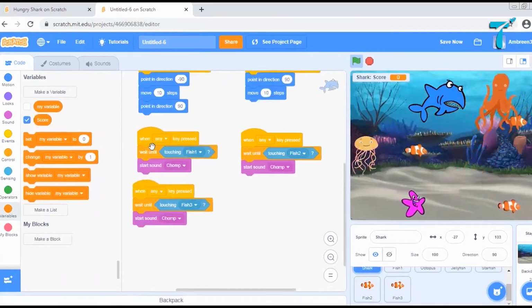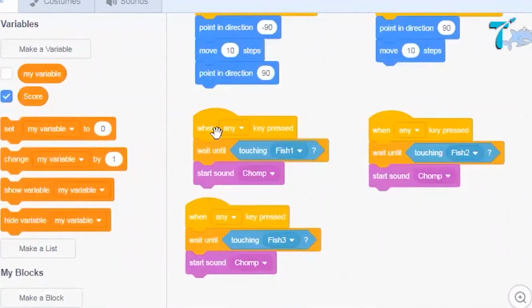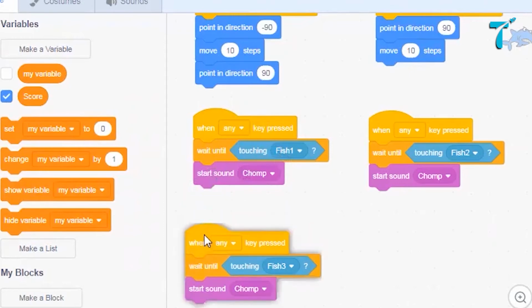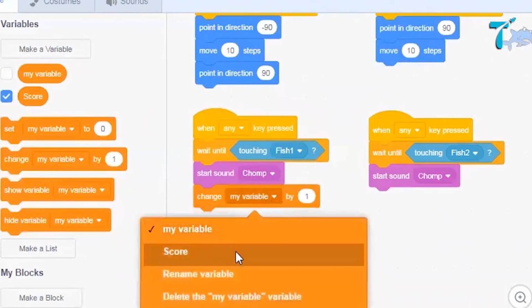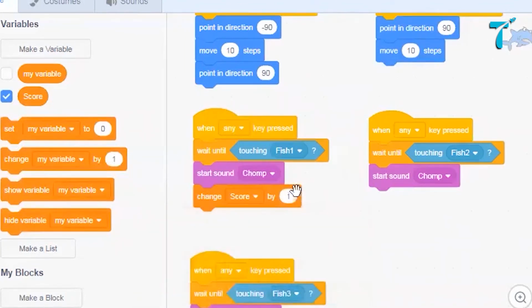Now here, if you come back to this command where we have said that when any key is pressed, wait until touching fish 1, start the chomping sound. And when the sound gets over, what should happen? It should get a score. Now what score should it get? 1 point. So I will say that change the score variable by 1.